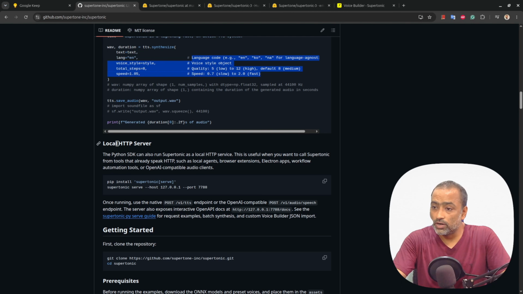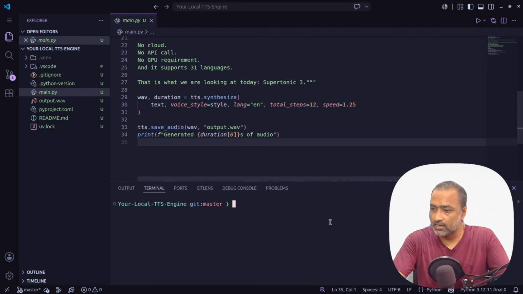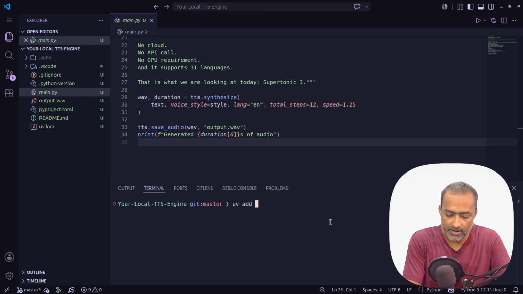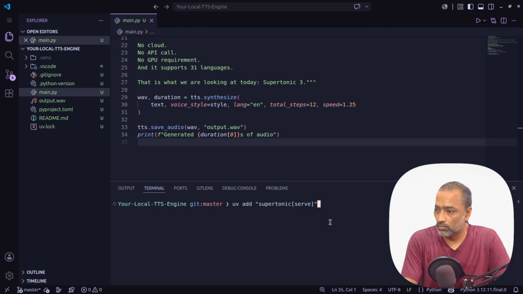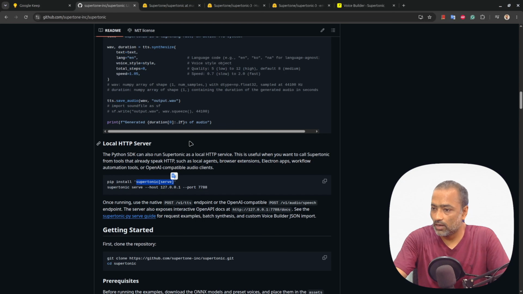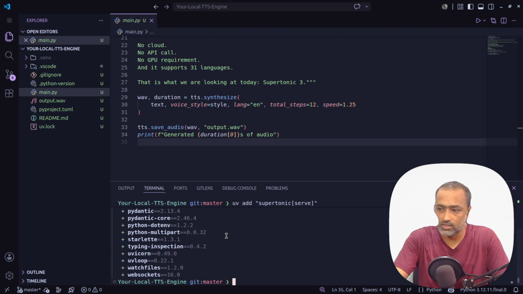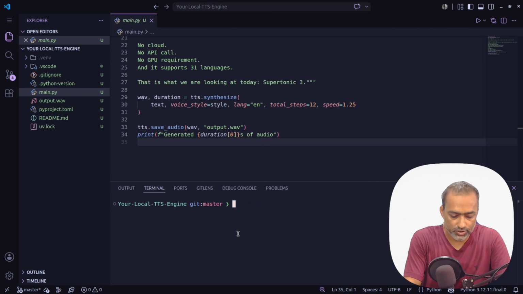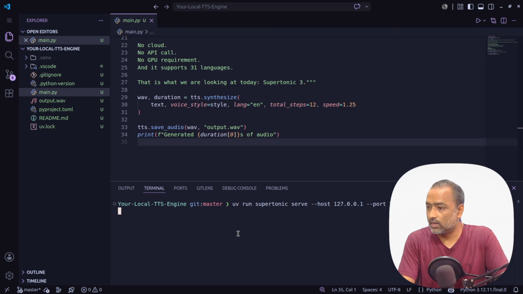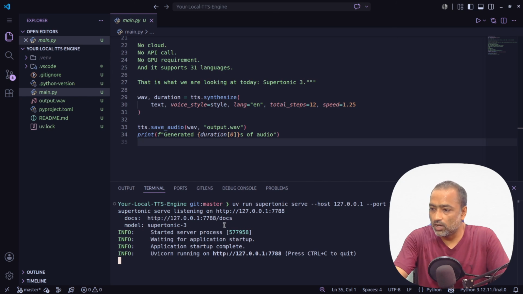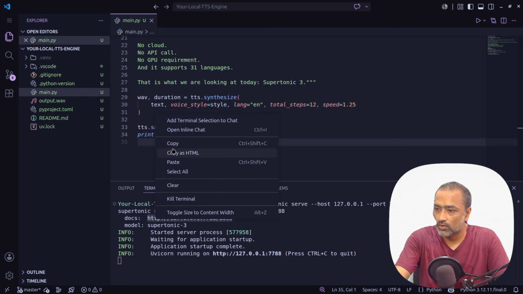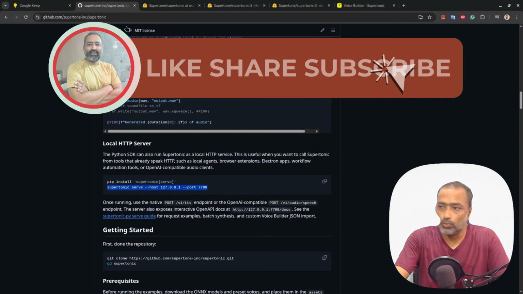Now, in order to run a local server, you need to install this package. So I'll just copy that, come here, and I'll say uv add serve and hit enter. Now I'll copy this command in order to start the server. Clear the screen. I'll say uv run, and this command will start a local server. And if I get this and go to my browser,